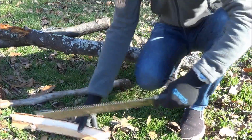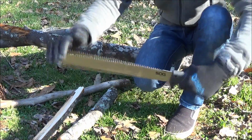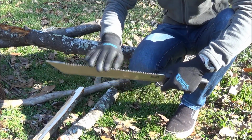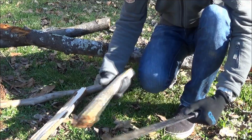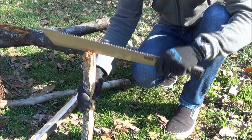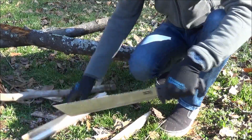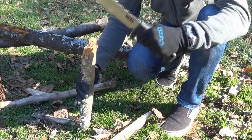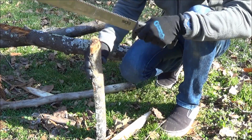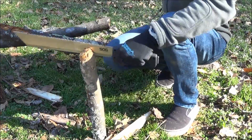There you go. It was kind of hard because you're holding onto it here, and you're chopping it there, and it's very hard to keep it stable. So it is kind of difficult not being able to baton up here. But as you see, I went through it. Maybe if I start up here. So not something you'd normally do with a machete, but it is very capable. If you had to use it in this way,